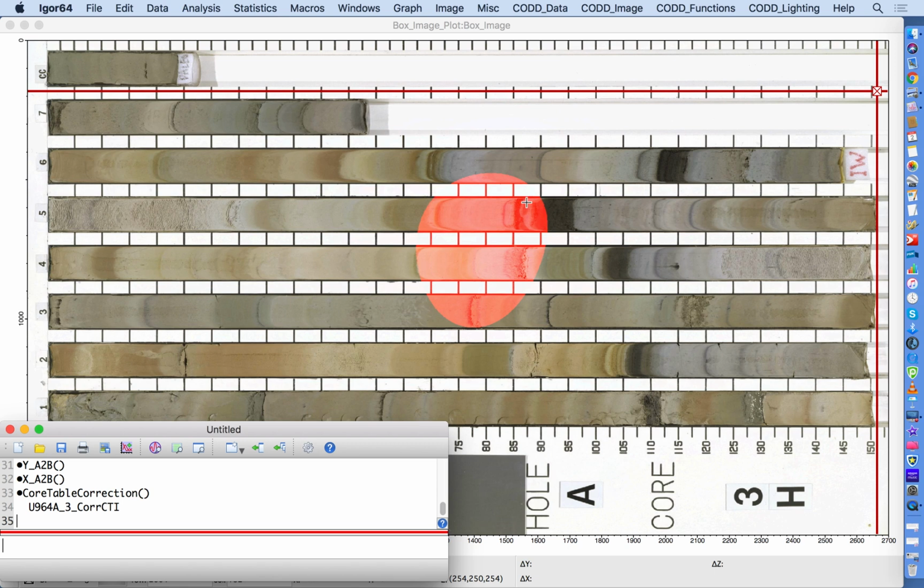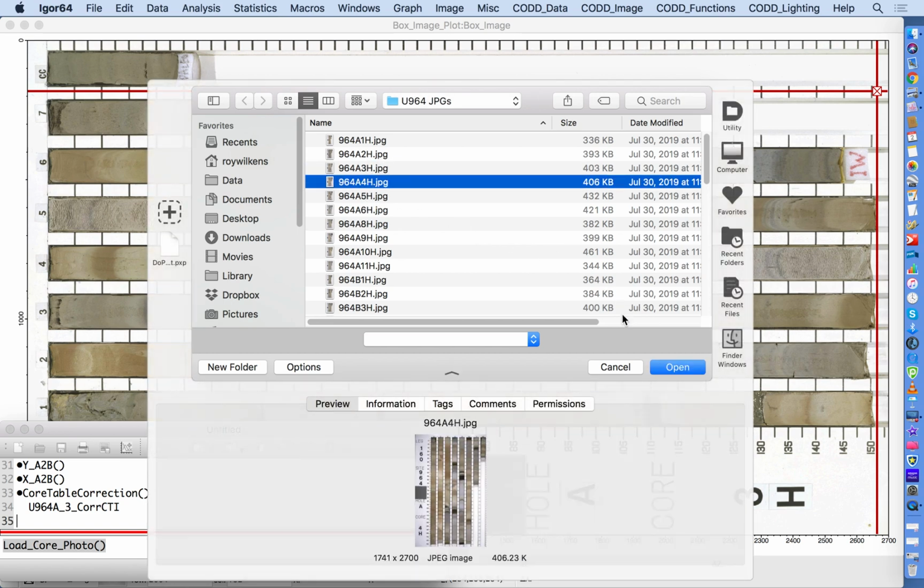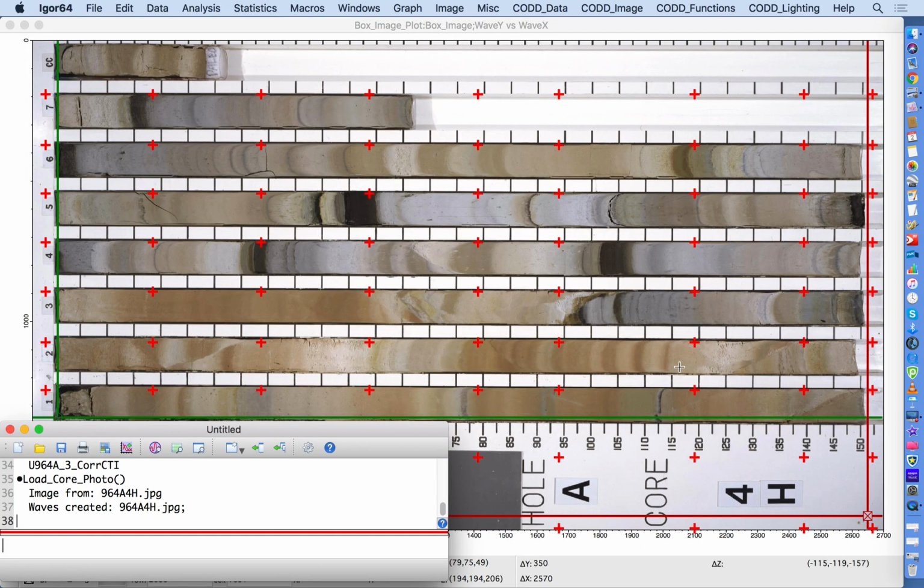And a lot of times you can just get rid of that by moving some points around, but the stuff from 963 is giving me some trouble, and I haven't been able to get rid of the error in a couple of images. So just record this one as a problem and move on at this point. We'll do one more. COD lighting, number 4, open, and